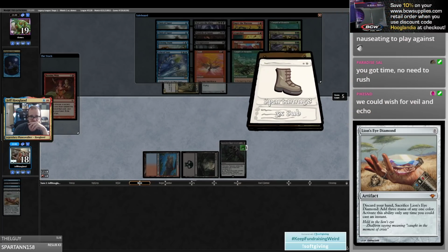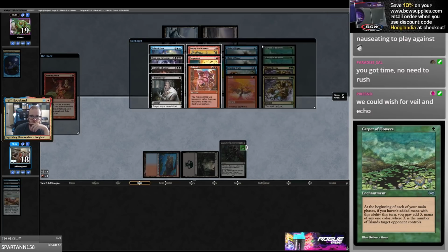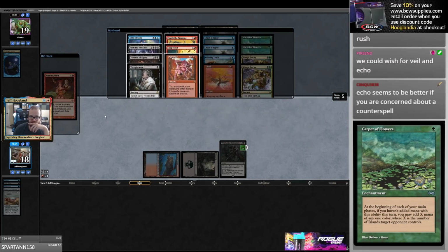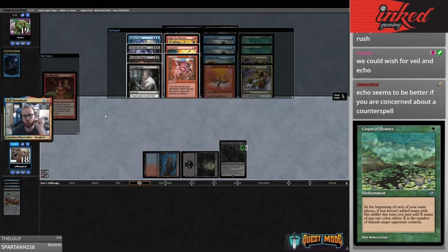Wow, that just resolved. Okay. So... Are we getting empty? I could also Wishclaw for...